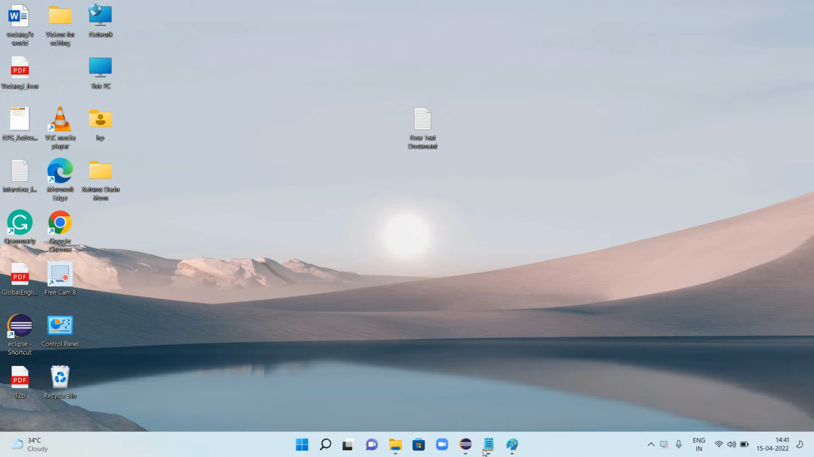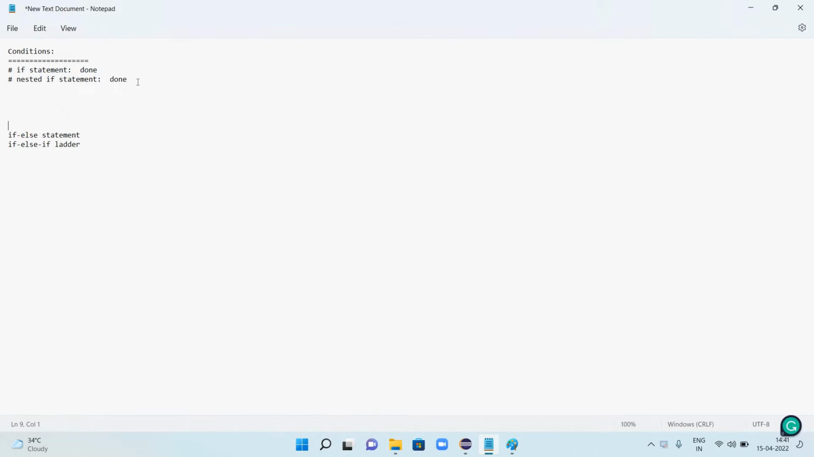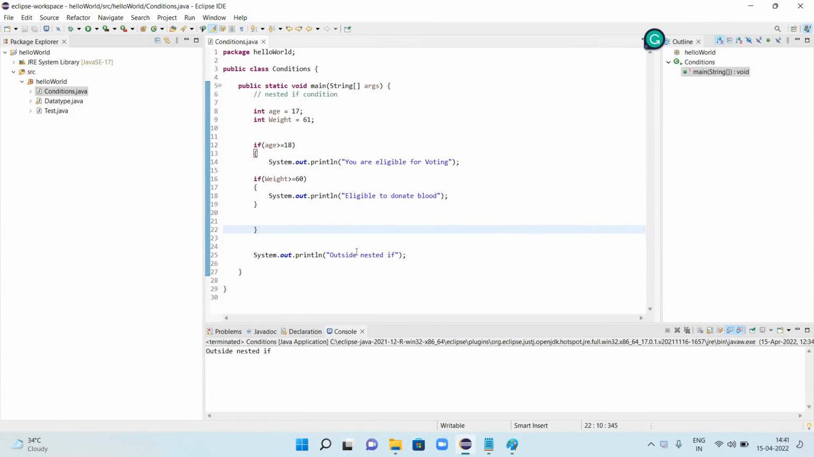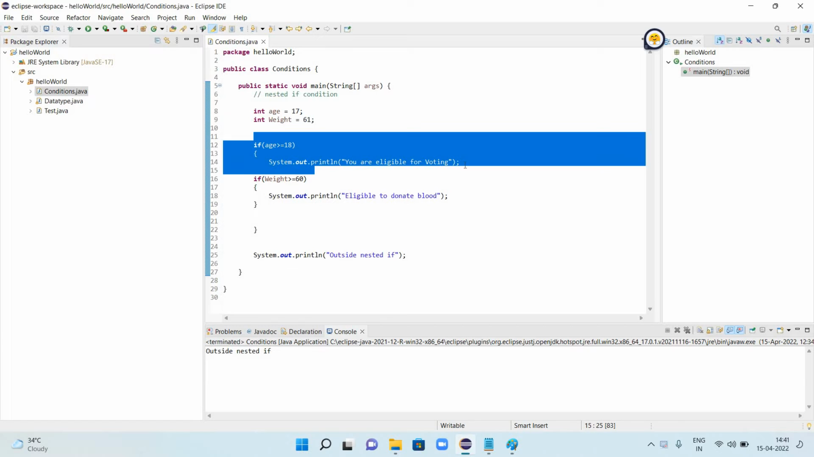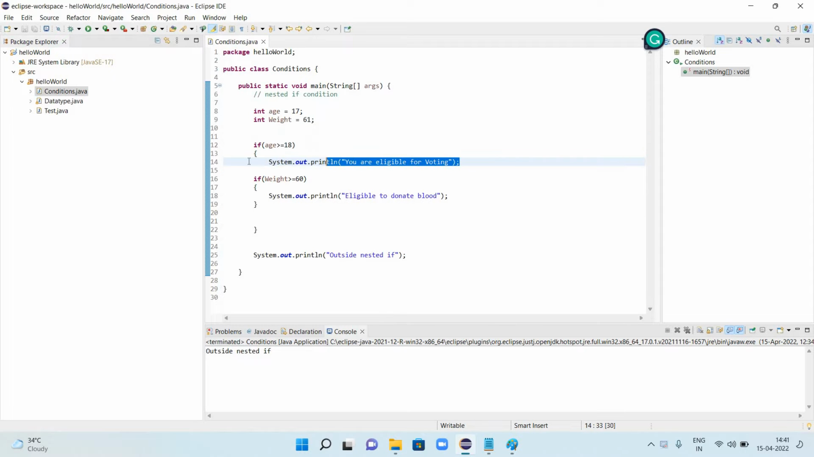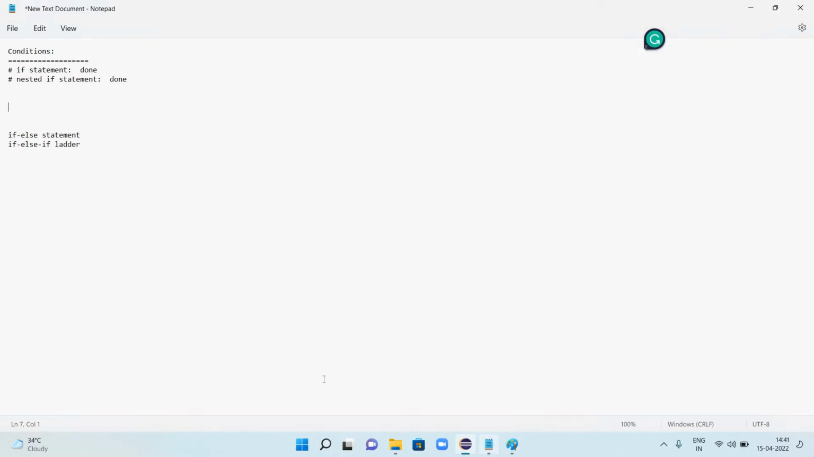So I'll quickly recap. In the previous video we covered these two topics, if statement and nested if statement. Here we have created this nested if condition. If this condition is true, then this particular code will be executed. If this particular condition is true, then this will be executed, and this is common code which will be executed every time. So I'll quickly go through the if else statement,